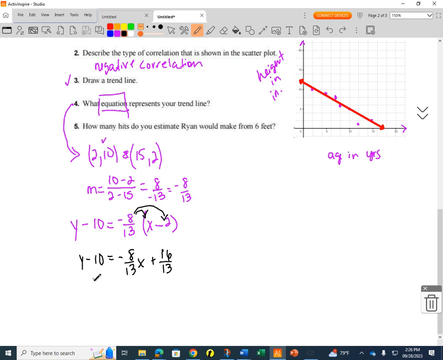And now I've got to solve for y. So I'm going to get rid of all this ugly fraction. We'll multiply everything by 13. So 13y minus 10 equals 13 times y, ooh, 13 times 10 is 130. Don't make the mistake I made. Use my arrows so I don't mess you guys up. There we go. So minus 130 equals,